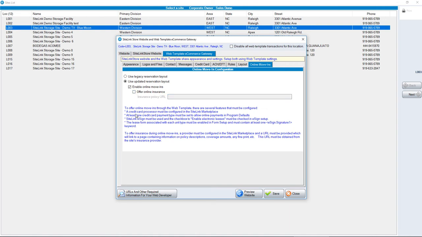There are several important points or factors that need to be enabled for this to work properly. To offer online move-ins through the web template, there are several features that must be configured. A credit card processor must be configured in the SiteLink marketplace. In other words, you need to be able to take credit cards. At least one credit card payment type must be set to allow online payments in program defaults. SiteLink eSign must be used and the checkbox to enable electronic leases must be checked in eSign Setup, and the lease form associated with each unit type must be enabled in Form Setup and must contain at least one eSign